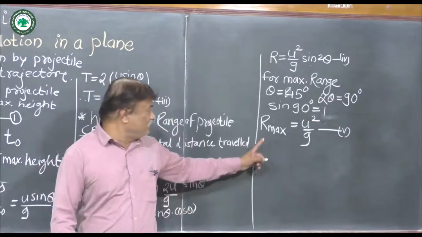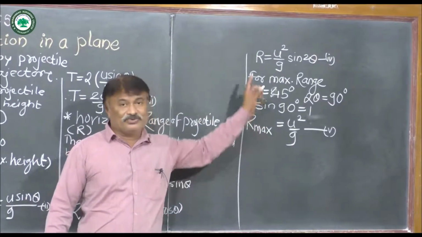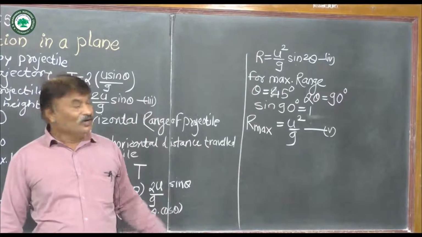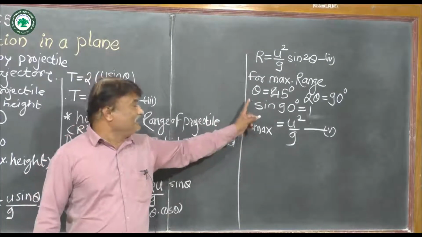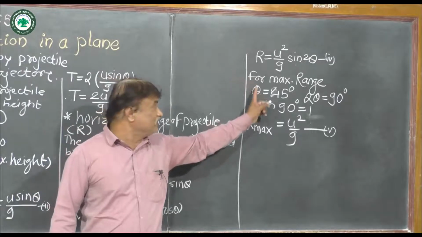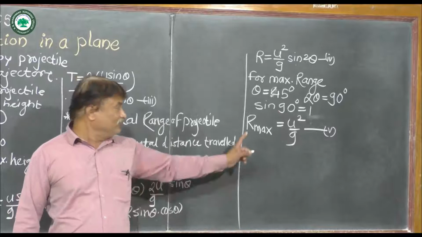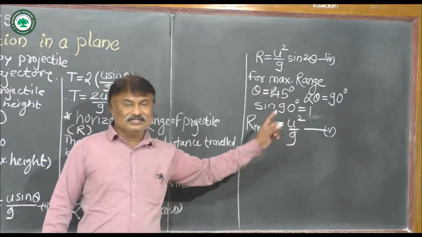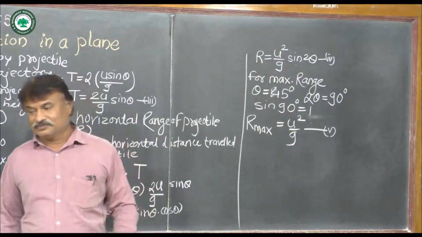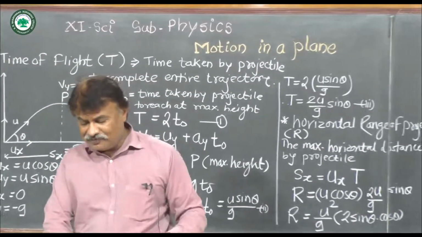Now this equation 5 gives us the maximum range of a projectile. For maximum range of a projectile, always remember that the angle of projection is equal to 45 degrees. Then we get the maximum horizontal range is equal to u square upon g. Now we have to study the next article, and the name of that article is